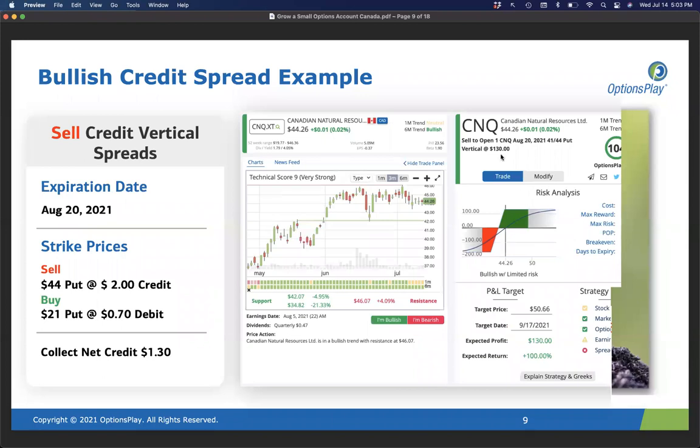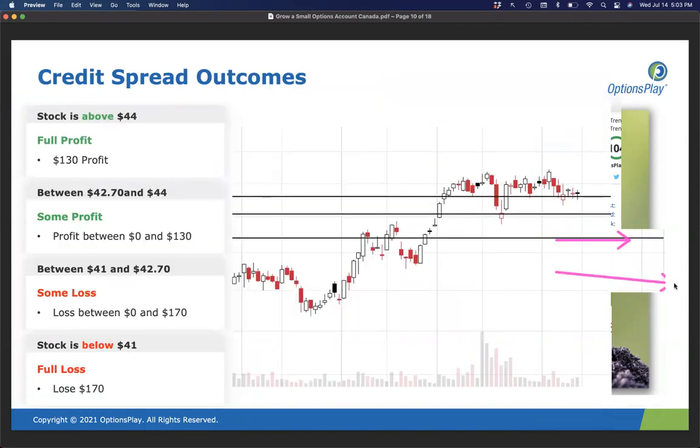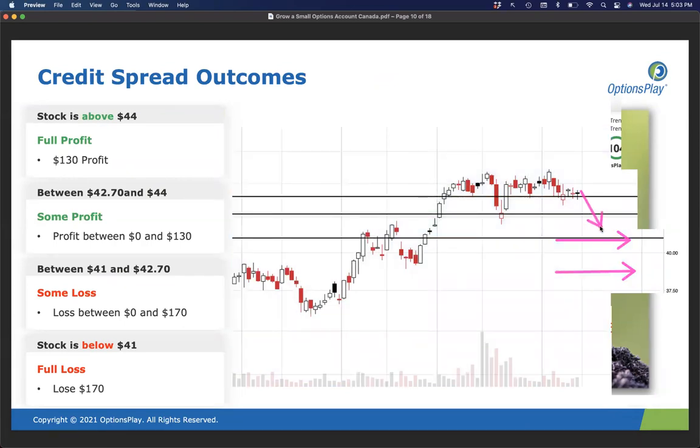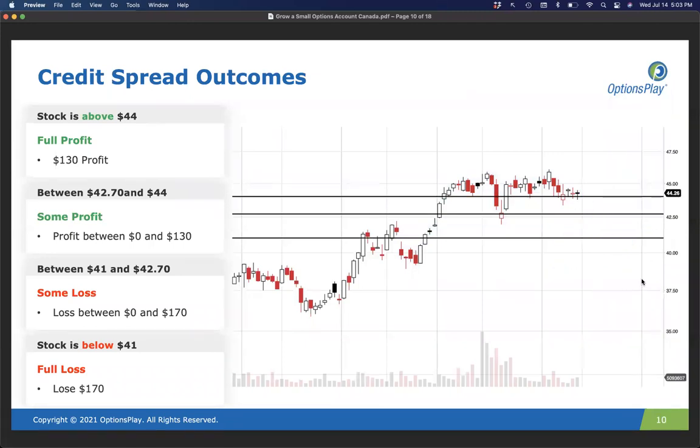And like I said, what you're effectively suggesting is that if you sold a credit spread that was down here, it's somehow less risky, because even if the stock declines, you're going to be able to be profitable. But I'm going to tell you that's even more risky, because if you sell an out of the money credit spread, for every $1 you collect, you're not going to be risking $2. You're going to be risking $3 or $4. So yes, you are taking on less risk, but if that trade works out against you, you're actually taking on substantially more risk. So I would argue that selling credit spreads that are very close to the current price is actually less risk than selling out of the money credit spreads, because